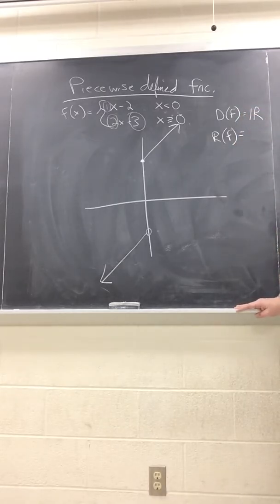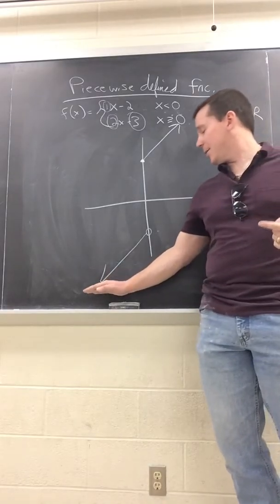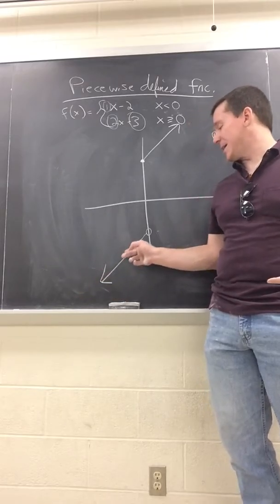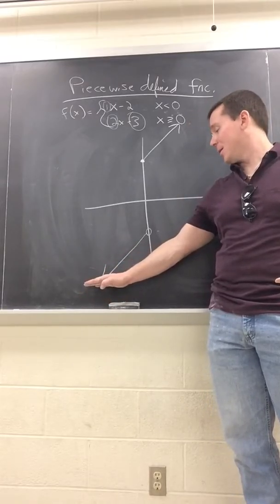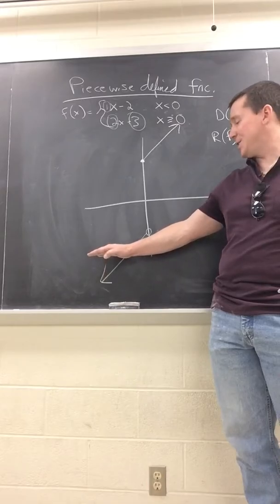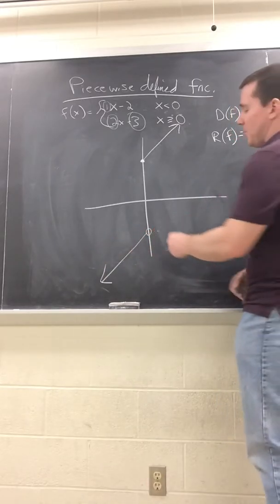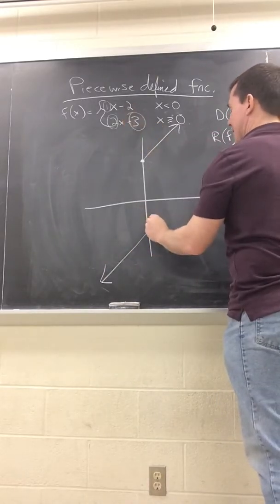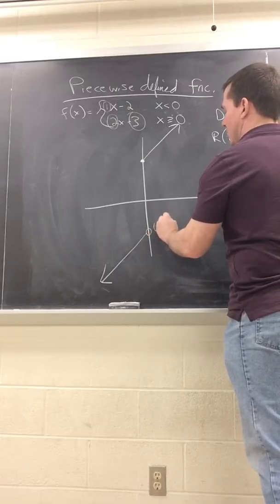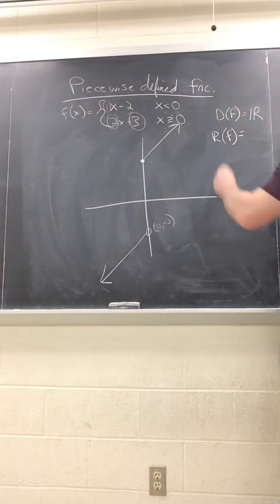The range is where this can get tricky, but do the same thing we did before with our other graphs. Just use your arm. Right here, all these y's will get touched. That line will continue down forever, so all these y's will get touched, and it'll stop right here at this point. When we graphed that, that was the point (0, -2). So the range will be